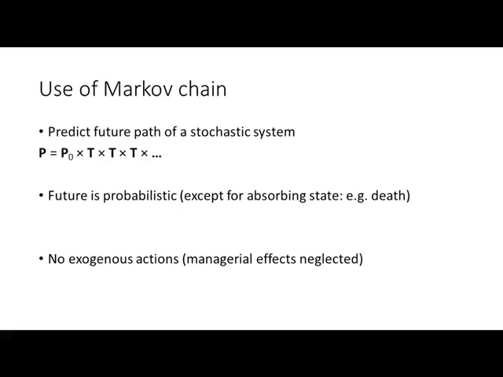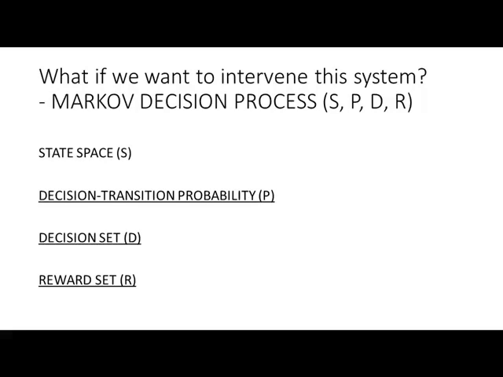And again, this simulation does not take into account managerial effects. So we do not get to intervene in the system or manage the system or optimize the system. So a Markov chain is a very neat way to represent a stochastic system, but we cannot take into account managerial effects here. What if we do want to intervene in the system? If we do want to optimize, then we can expand the Markov chain system to the so-called Markov decision process. And this is defined by a quadruple